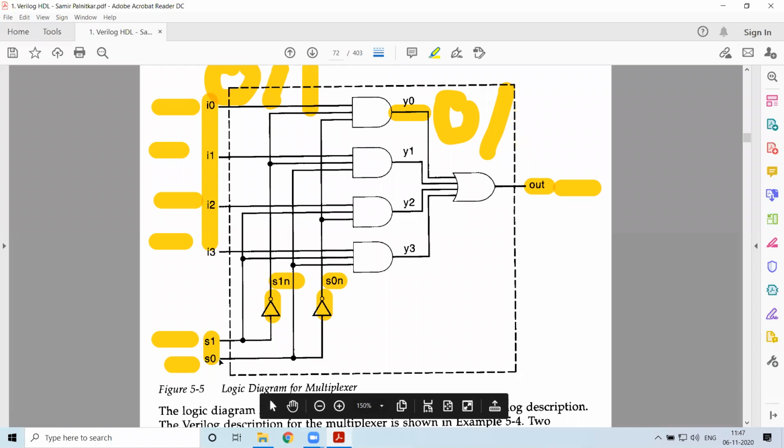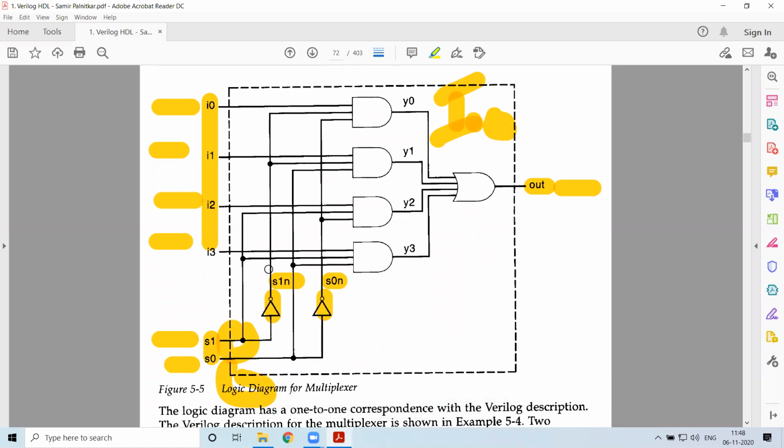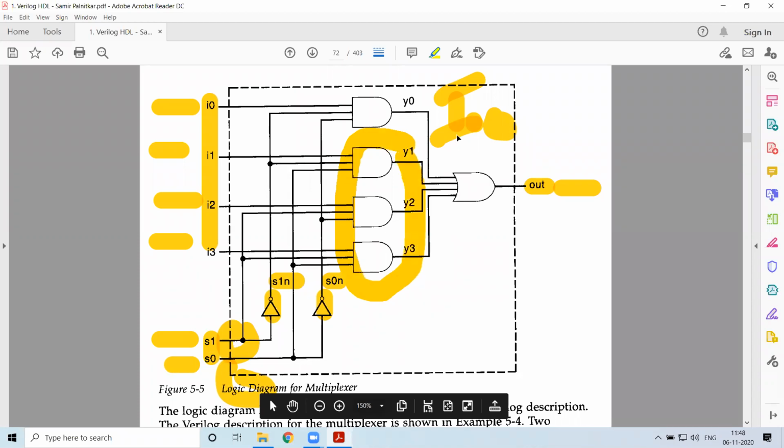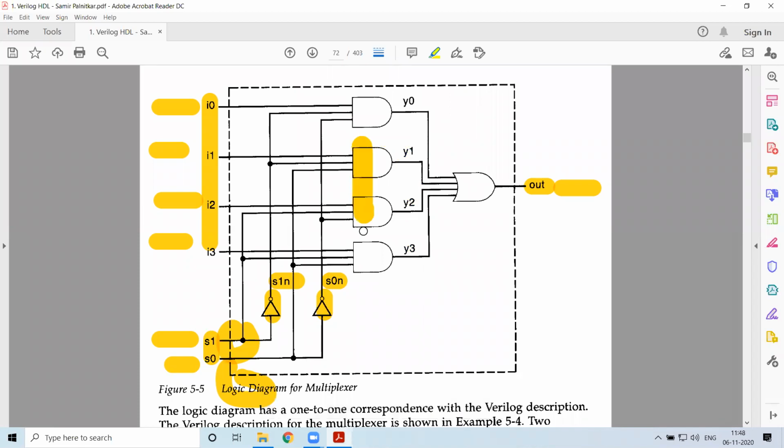So what is this specifying? Here it specifies that if the select lines are 0, 0, I am getting the I0 result over here. Now, if the same is given to the others, based on the logic, the others would not be selected. So if the select lines are 0, 0, the output will be I0. Similarly, the other gates have the same implementation. So that is how the connection is shown.